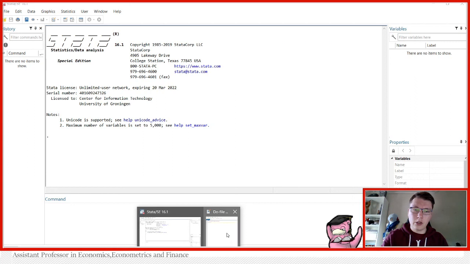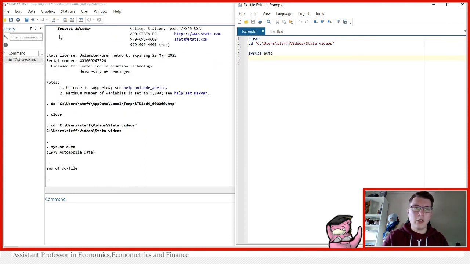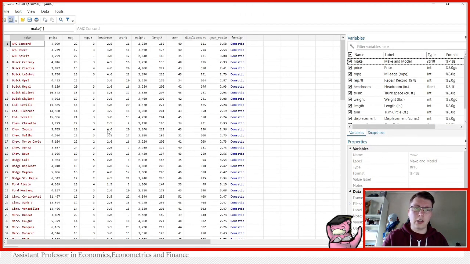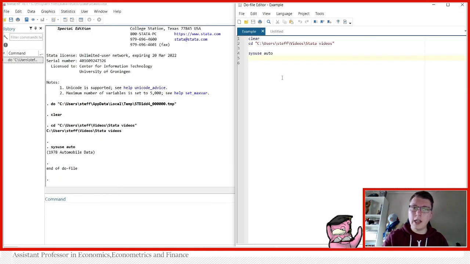I've set up a little do file here to help us. We're going to be using the auto dataset as usual. I cleared out everything that was there, I set my directory to Stata videos, and then we load in the automobile dataset. Now, the automobile dataset on its own does not contain any duplicates. So for this purpose, we're going to create a new duplicate just so we can find it later